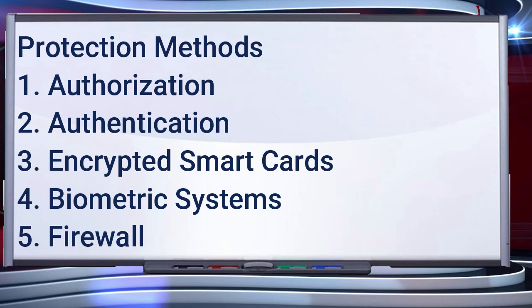Such a system is called a firewall. A firewall can be implemented in both hardware and software, or a combination of both. Firewalls are frequently used to prevent unauthorized internet users from accessing private networks connected to the internet, especially intranets. There are several types of firewall techniques.